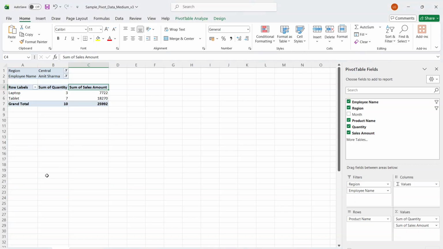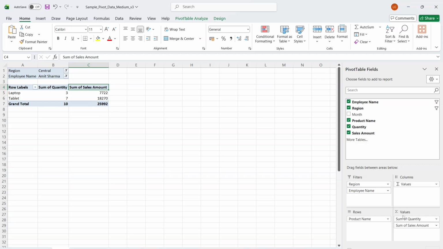Yes, so now what we get is in the central region employee Amit Sharma sold laptop 3, then total amount is 7,700, and tablet he sold 7, 18,270. So we can clearly see that Amit Sharma in the central zone sold 10 products, and the total sales value is